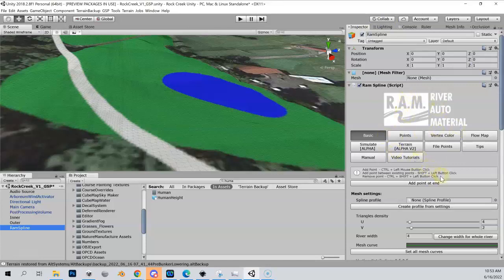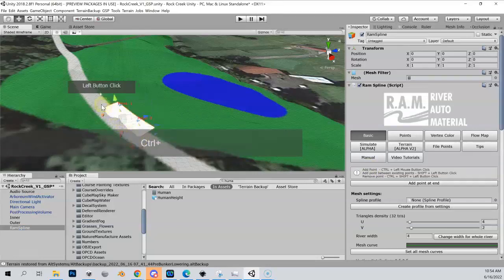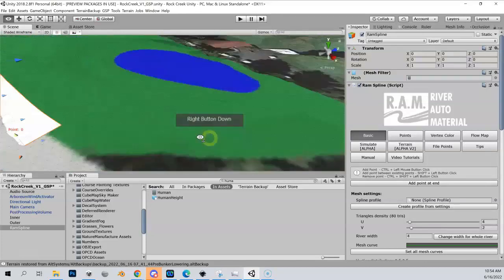But in here, it gives you an idea of what you need to do to start applying this. So it's saying if I hold down control and left mouse click, I'll add a point. So let me go over to my golf path here, hold down control and click. And if I just hold down control and begin moving my mouse and clicking, you can see that I start building out my RAM spline. And I put in 5 points there,